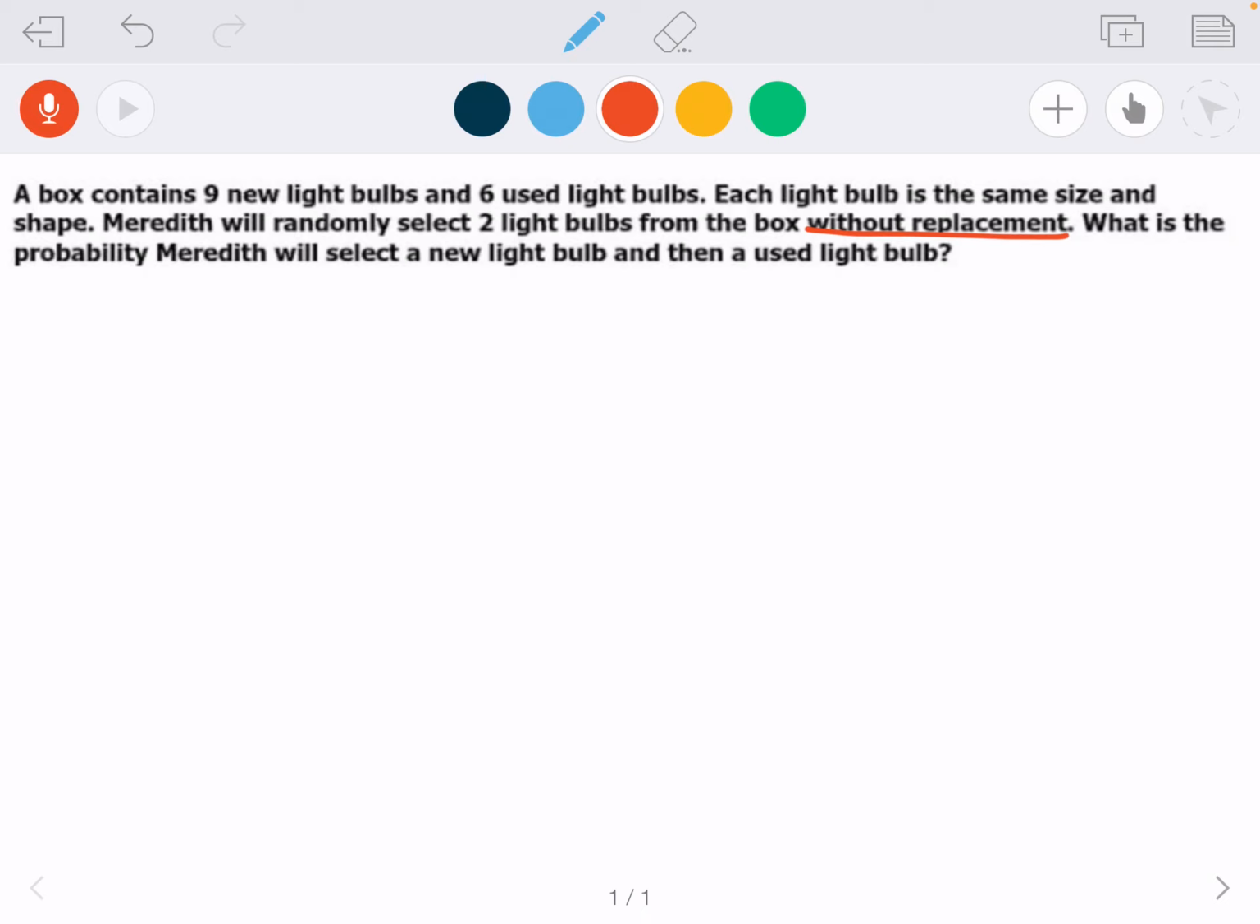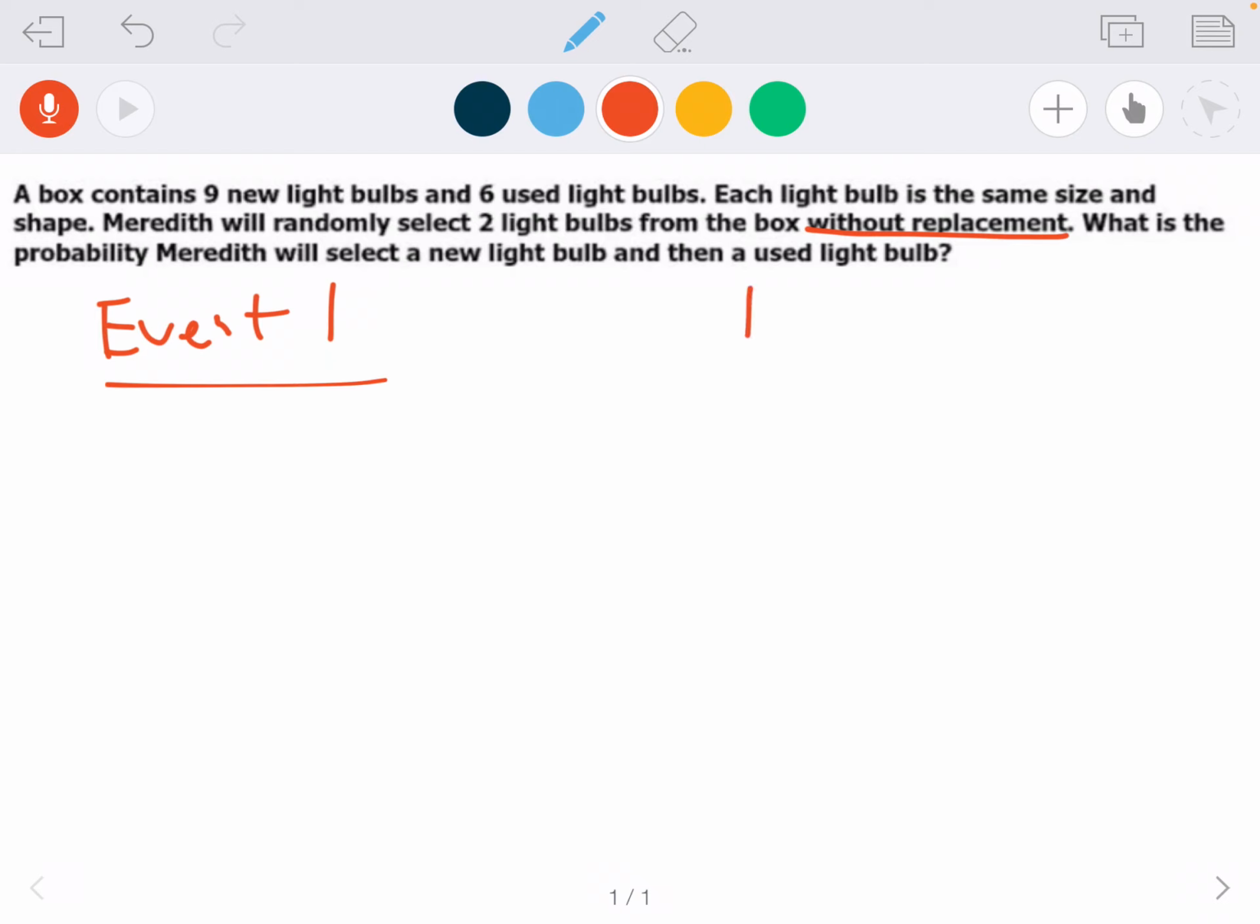So without replacement or with replacement, if you see that in a problem, those are key words. Without replacement means that Meredith is selecting one light bulb and she's not putting it back in. She's screwing it into the light or whatever. It is no longer in the box. So that changes the probability we have of our second event. So that is super important. So with probability,